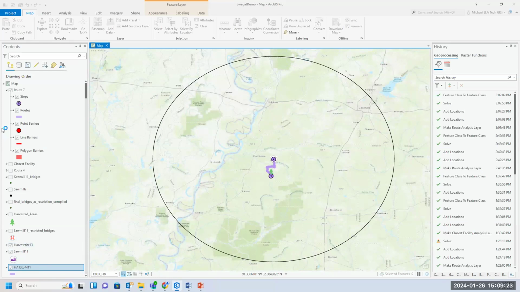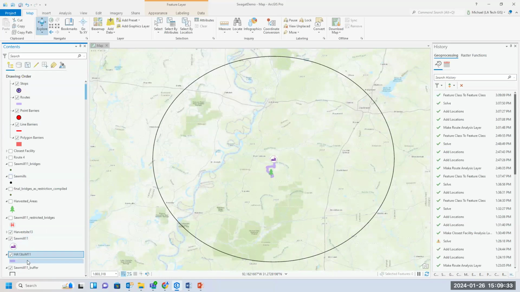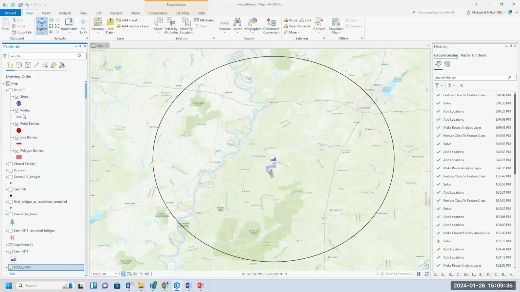Give it a second to finish doing its thing, and I'll turn this off and show you that the route's real. And there you go. And this just gives you a way to make sure that you're cataloging the differences, because every time you run this, it's going to reroute. Right? So now we want to look at the bridges, and in our case, the restricted bridges in this area,